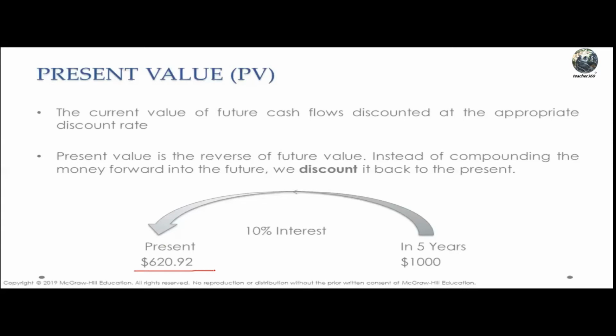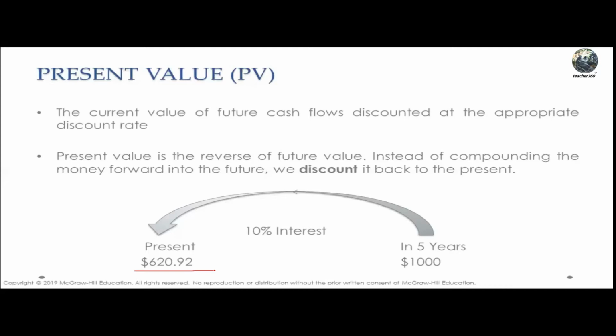So, present value is the reverse of future value. Instead of compounding the money forward into the future, we discount it back to the present. That means